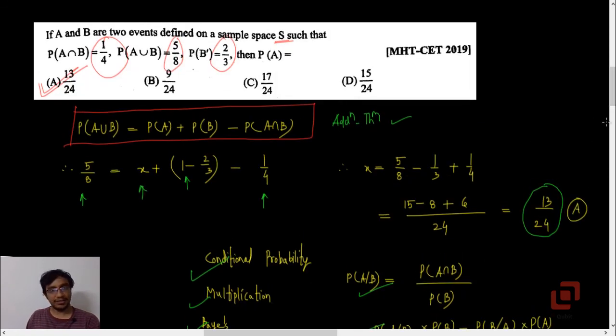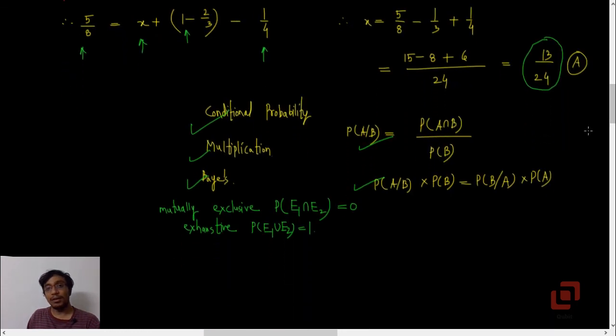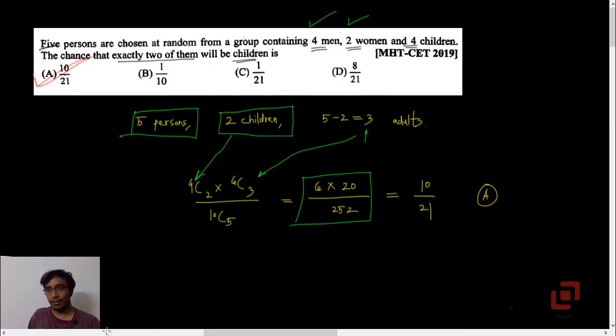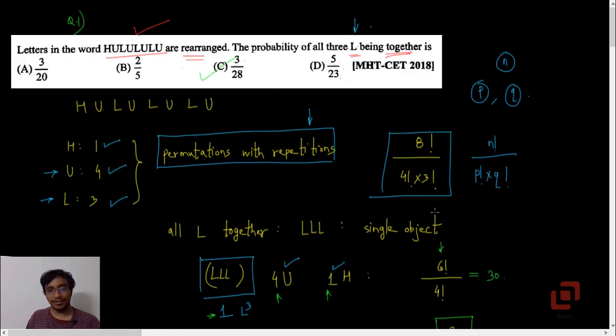And remember, we have also used the multiplication principle and addition principle from counting principles, and also the formula for NCR. Although we have not used the formula for NPR, we have used permutations with repetitions in that problem. So just go through these formulas. You can easily solve these problems. So that is the end of 11th standard probability.